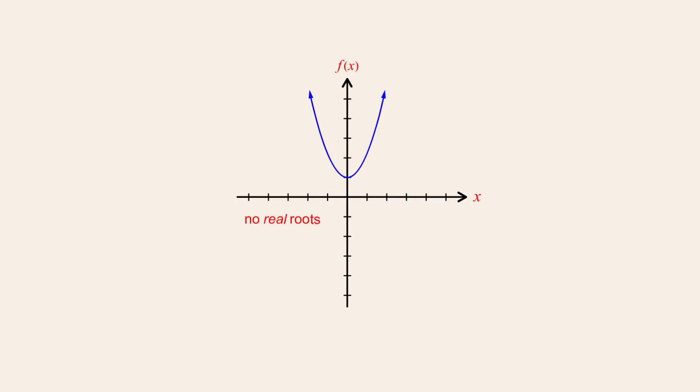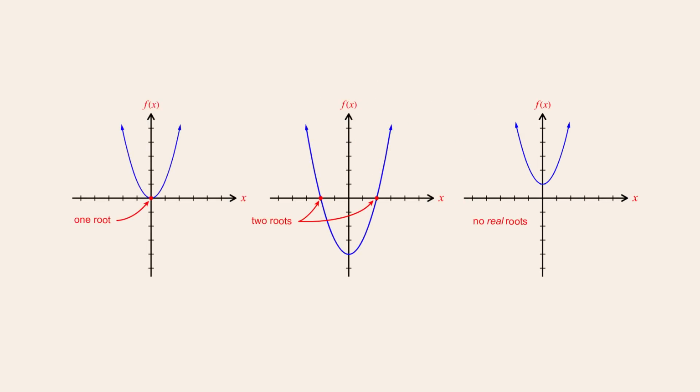Several hundred years ago, a new type of number called an imaginary number was created by mathematicians specifically because of functions which have no real roots. When imaginary numbers and complex numbers, which include imaginary and real numbers, are included in our number system, it can be said that all quadratic functions have two roots, although these roots may or may not be real and may or may not be distinct. Later in these lectures, we will introduce imaginary and complex numbers and see how these numbers opened up a whole new world of mathematics.